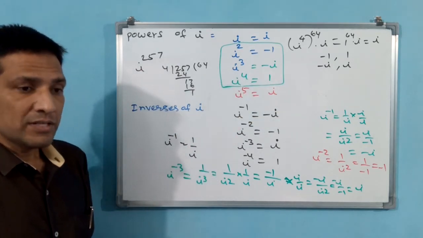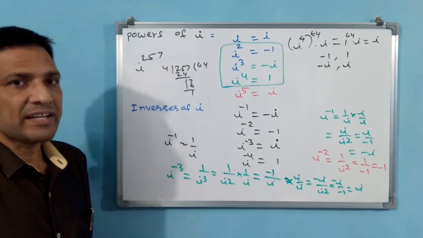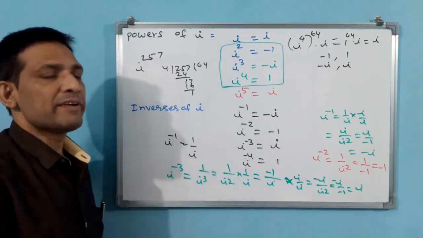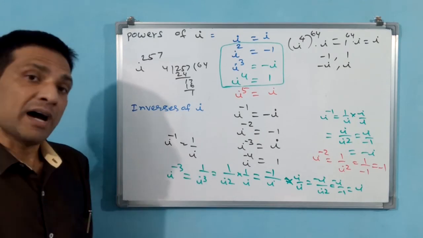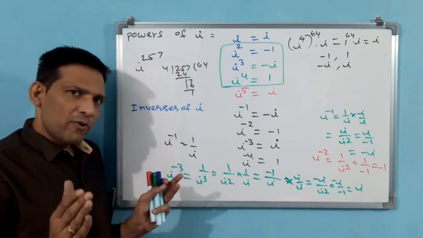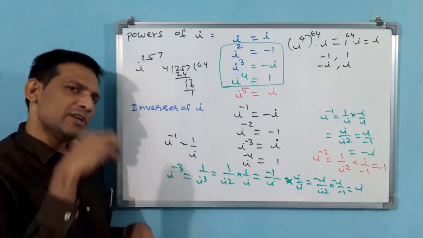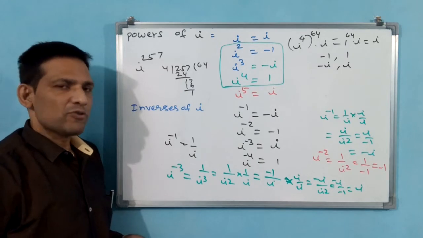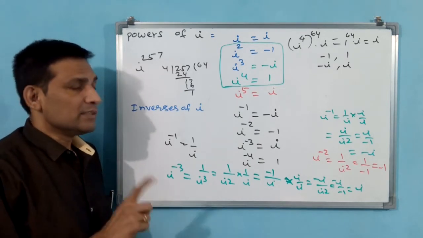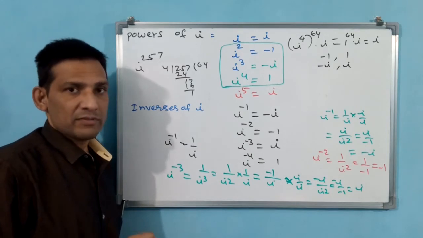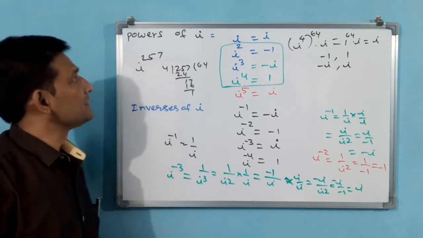See, if it appears like i to the power of 4, then i to the power of 4 is equal to 1, you know. That is why you divide by 4 and make it. Or else you have to see if it is divisible by 4 or nearest to 4, then you make it by 4. Why? Because i to the power of 4 is 1. If not, then you make it with i square only. Why? Because i square is base, what I am telling again and again.